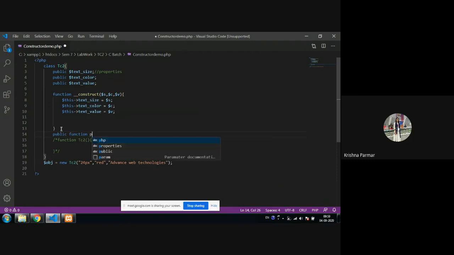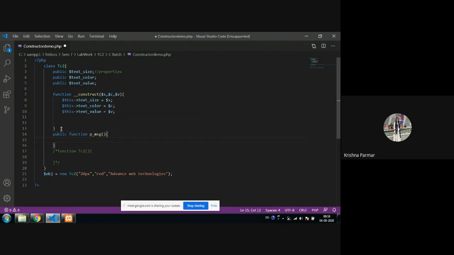Here I'm providing p message. So echo. Here I'm creating the p tag and in that p tag I am giving my text. This is the approach whenever you are writing CSS in your PHP file, using double inverted commas.